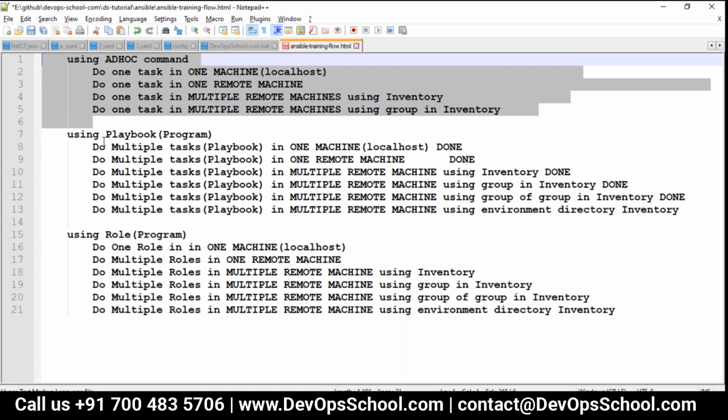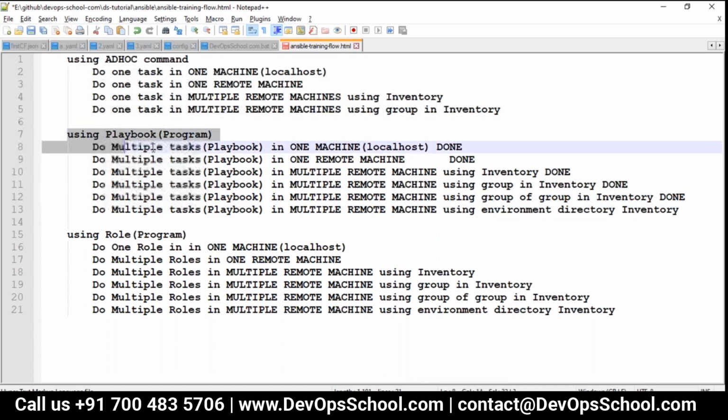But you know, guys, maybe you want to do tens of things. If you want to do 15, 20, 30, 50, 100 things, then you probably might not like the command line. Why? Because you get irritated, right? Correct? You get irritated. So you want to put it in a script. You want to put it in a playbook. Then we will try, see here, to do multiple tasks.